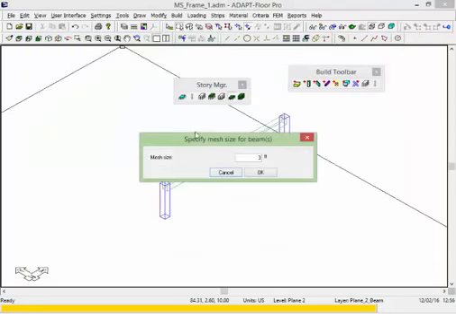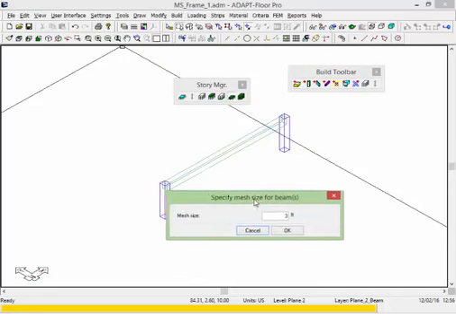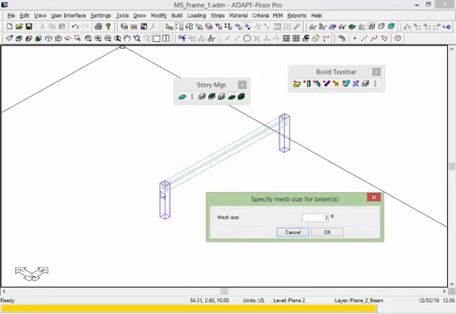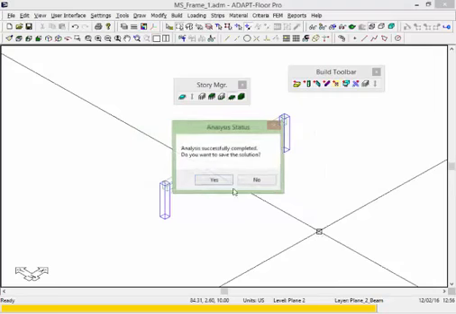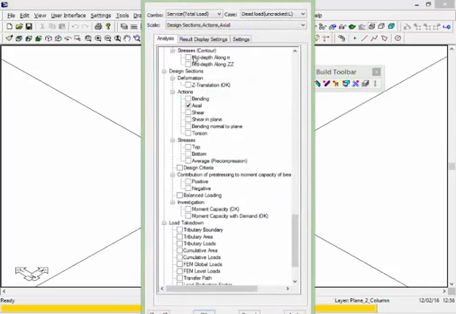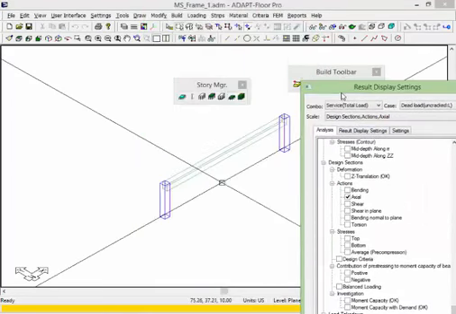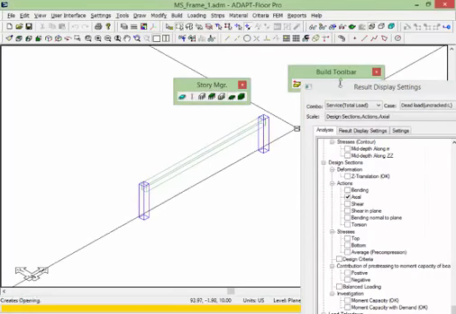If I select OK, the program is going to ask me what the discretization is for the frame meshing. So we'll say we want to split this beam into 4-foot chunks. We'll say OK. The program analyzes the frame, and we get similar result capabilities as we would with any other